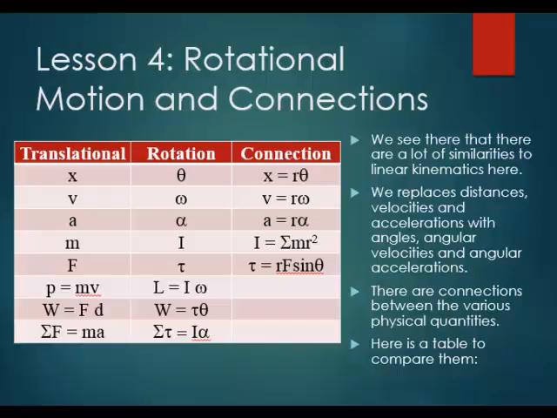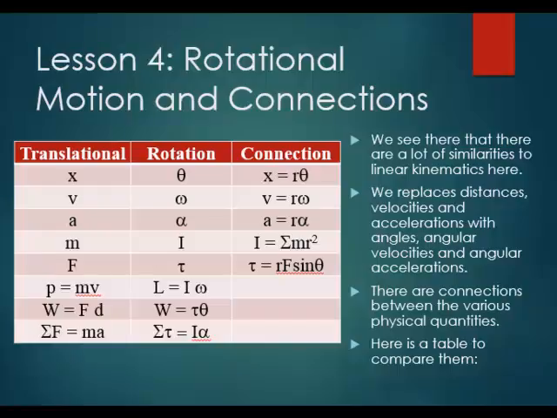It's the translational quantity force and its rotational equivalent torque, and they relate by torque is r F sine theta, where theta is the angle between the direction you're pushing and the force. We have our linear momentum we just learned about. There's also an angular momentum, and what's interesting here is you just replace the translational quantity with the rotational. So L equals the equivalent of m, which is I, times the equivalent of v, which is omega.